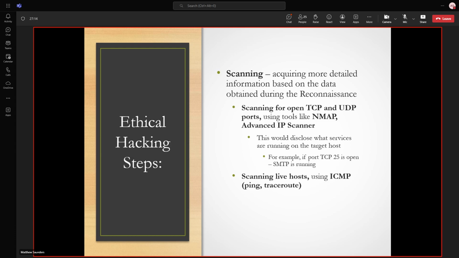So IIS versus Apache, which version are they at? You can gather all that information up and say, okay, if they're on this version of Apache, what are the bugs associated with it? What kind of security flaws are there? You can then look those up and decide whether that's a promising place to try and leverage.